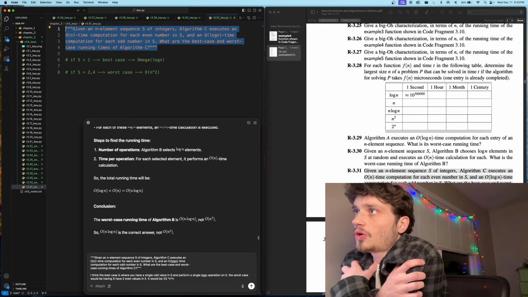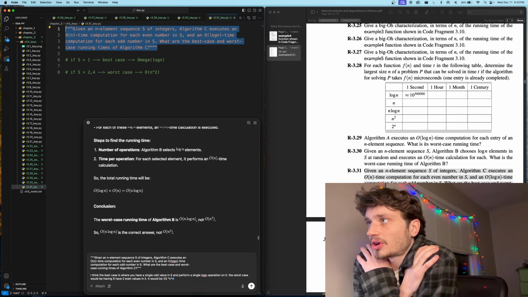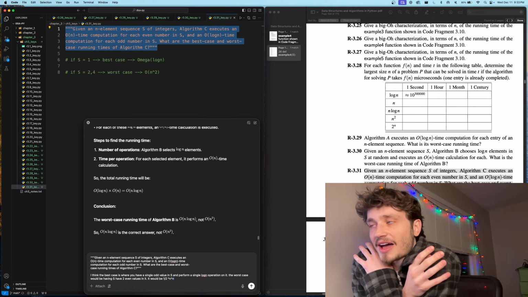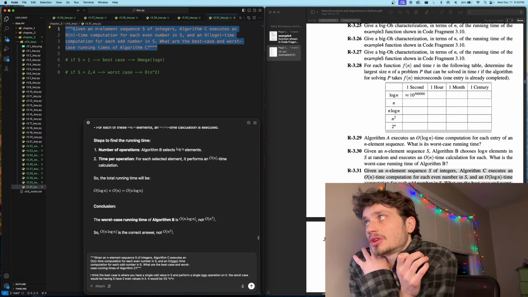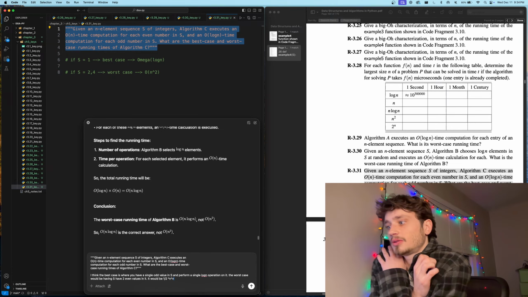Algorithm C executes an O of n time computation for each even number in S. So in order to access each even number in S, you have to say: for value in S, if value modulo 2 is equal to 0, then perform O of n time computation. Then for all the values in n, do something. Yeah, that's what it would do. So it would be